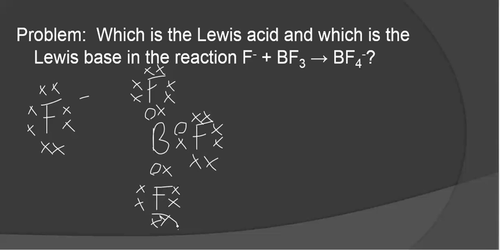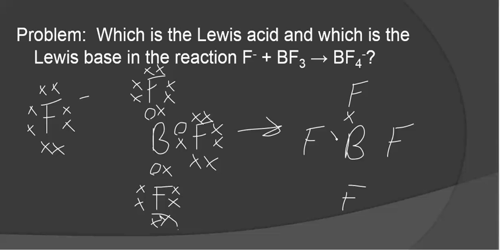So that's the Lewis structure for BF3, and it's going to form BF4-. Without drawing all the valence around the F's, you get a structure that looks like this. So the bond is formed